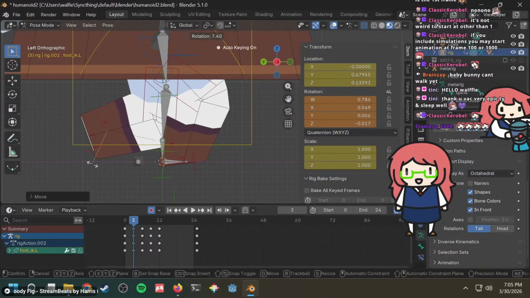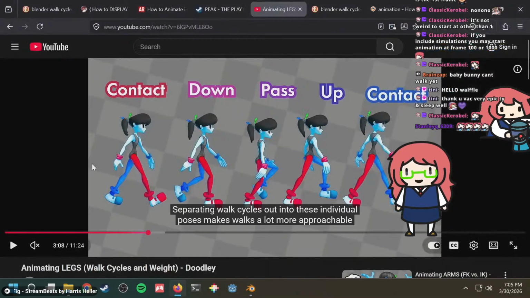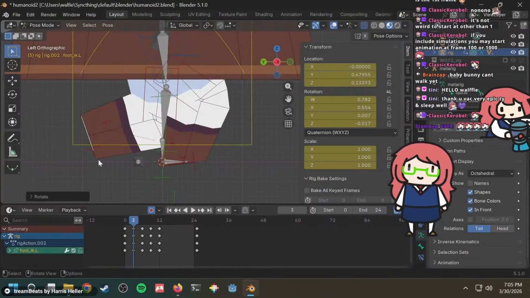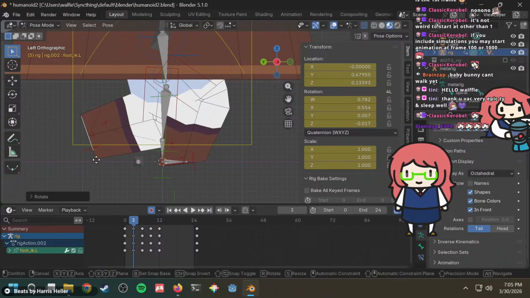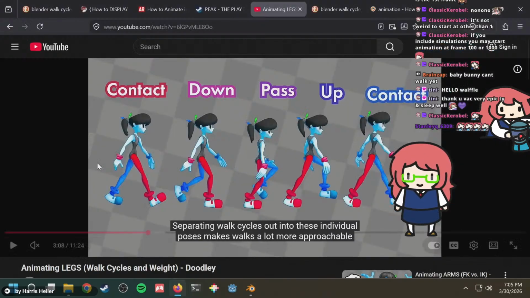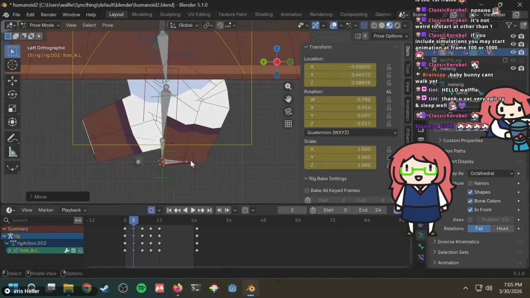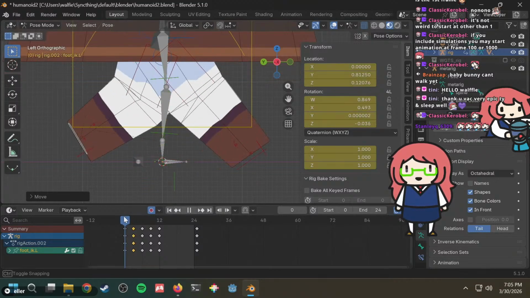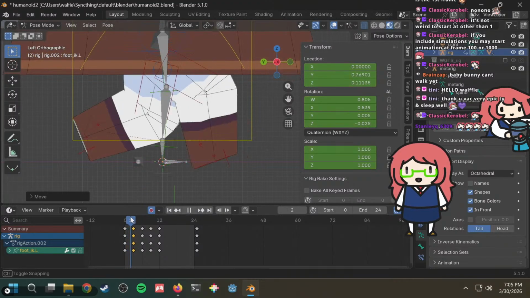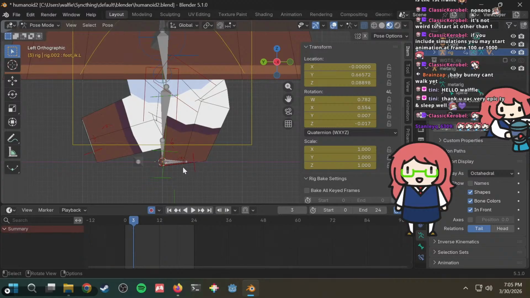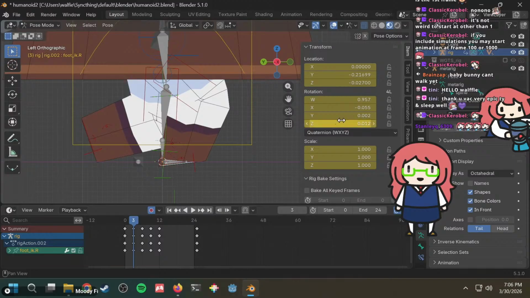Because in all the tutorials that I've seen, they have never manually inserted keyframes, they just started moving stuff around. But I've messed it up. Okay, so now it should be good. Yes, that's what I was missing. Now we know. Now you all know.